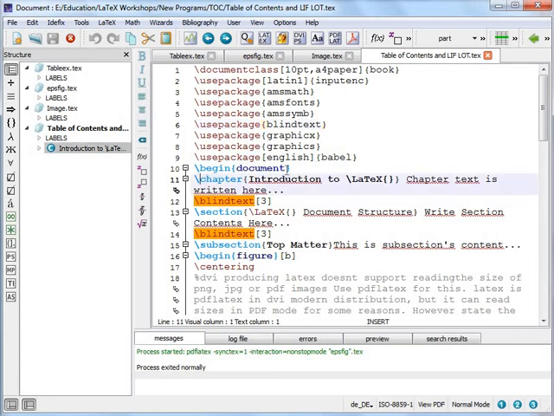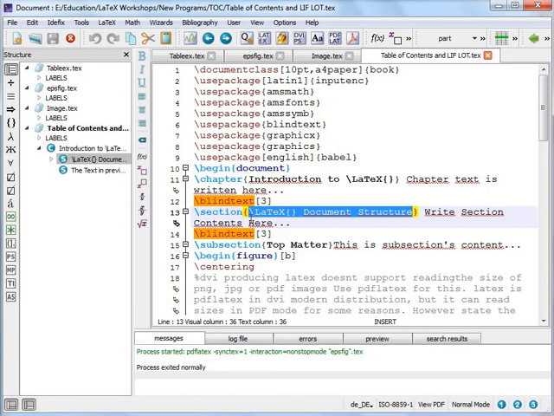So now with begin document, first I am using /chapter, so this will be the chapter name. The highest level of sectioning is /chapter, so chapter 1, introduction to LaTeX, this is the name of the chapter. Then I have added some text. Now the /blind text command is used, and 3 paragraphs of blind text will be created automatically and randomly. Then section, so this will be the first section of chapter 1, so it will be labeled as 1.1, and then this is the text of the name of the section, right?